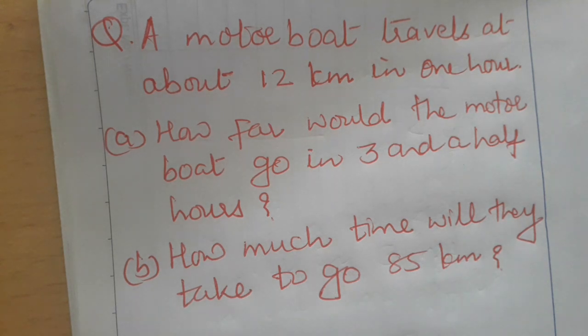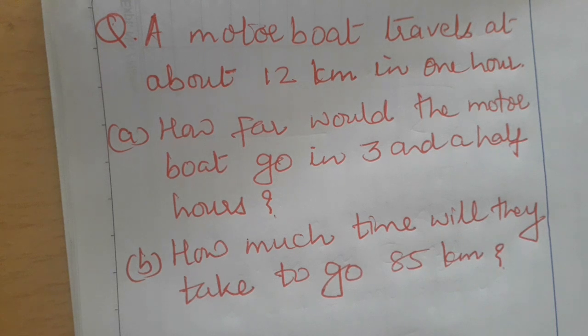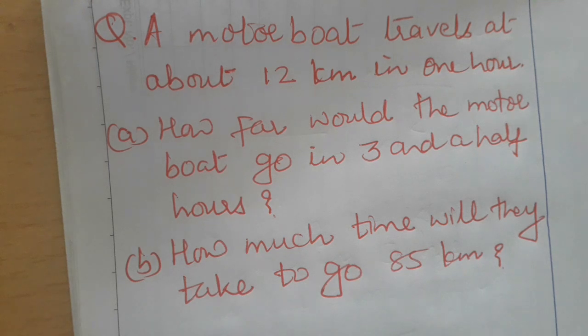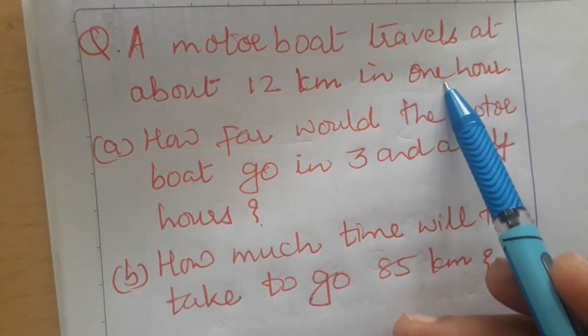You might have seen different types of boats. Okay, some boats have motors and go further into the sea. Since they go far out, they can catch more fish, and these boats travel faster at the speed of 20 kilometers in 1 hour. Okay, this may also happen. Here, what is the speed of the motor boat given? It's given 12 kilometers in 1 hour.